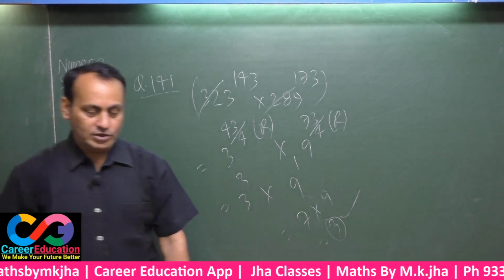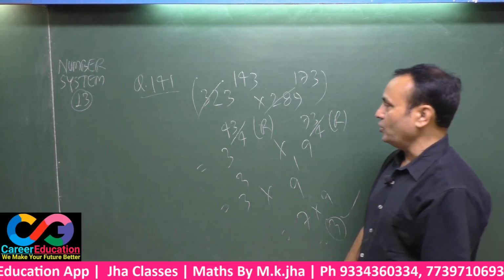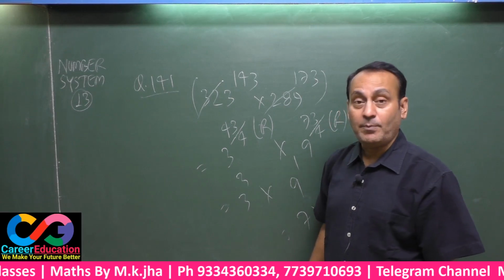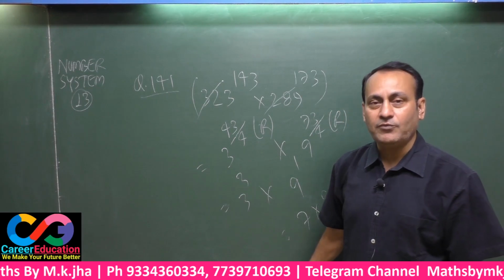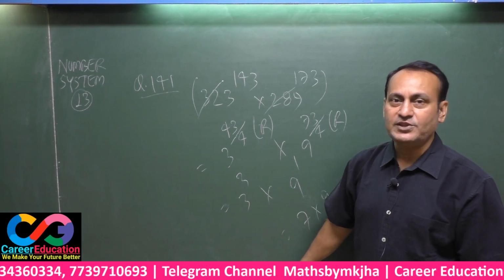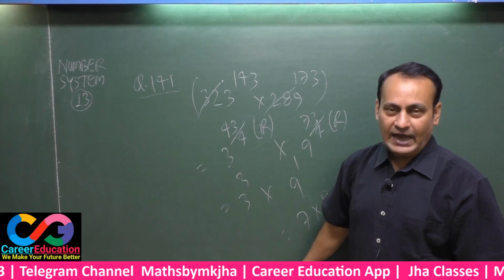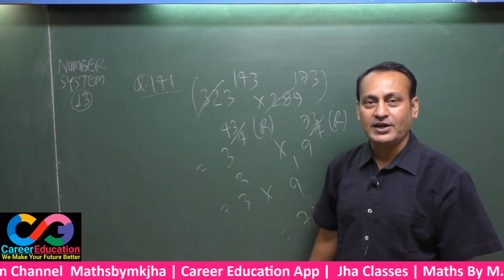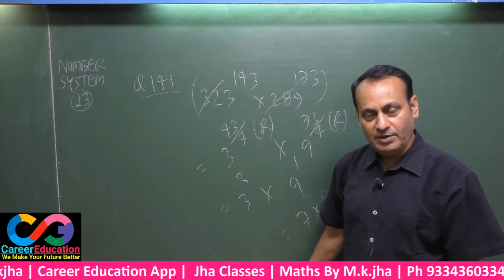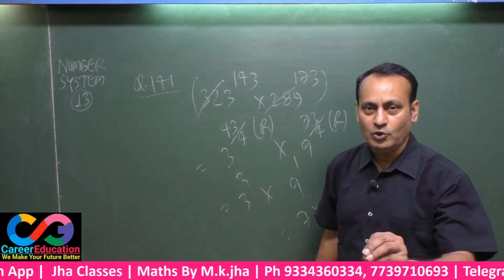I will dictate a note for this situation. That means whenever you are going to point out the unit of a product and the numbers are given in the shape of power, certainly the power must be divided by 4 in order to save time. The last two digits of the power, that means from rightward, unit and 10, are divided by 4, and you have to get the remainder only, and the remainder must be either 0, 1, 2 or 3, since you have divided the big power by 4 only. That means the remainder can be maximum up to 3, minimum is 0. That means you can calculate this very easily since the power is very low.